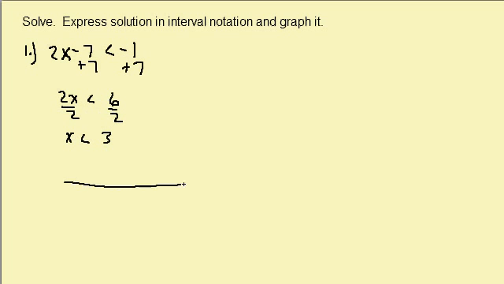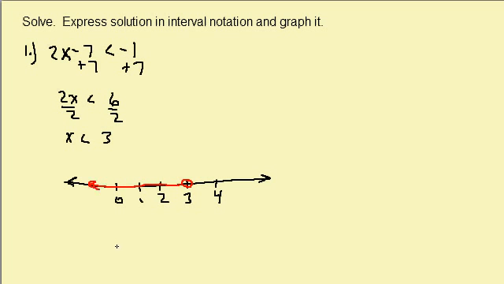So let's go ahead and graph it. So we've got 0, 1, 2, 3, 4. Now this is x less than 3, so that's everything to the left. So if we graph it, we start at 3. Now we need to put an open circle because it's not less than or equal to. The open circle means that it does not include the 3. And then that's everything